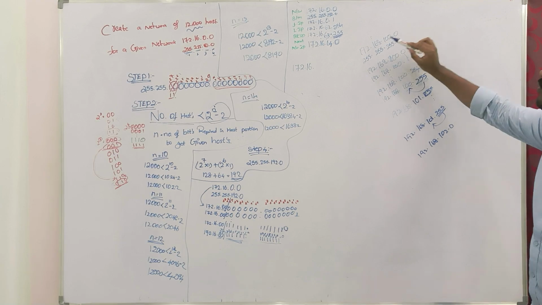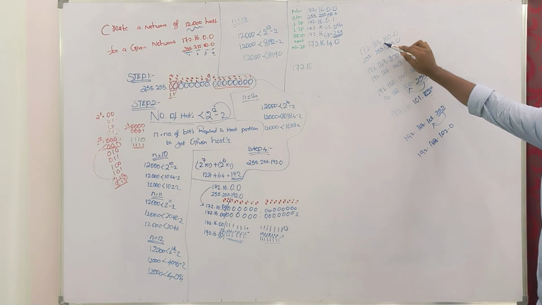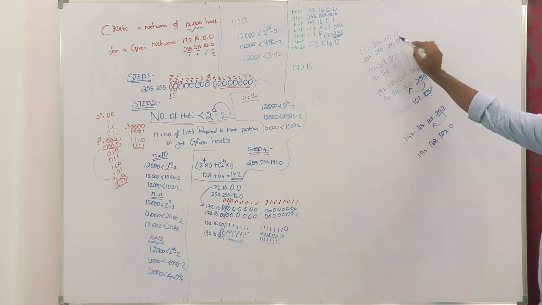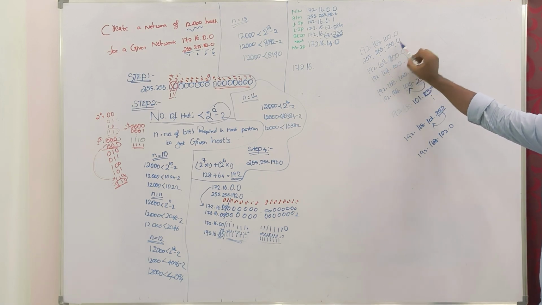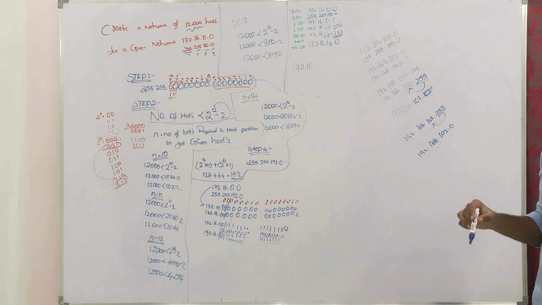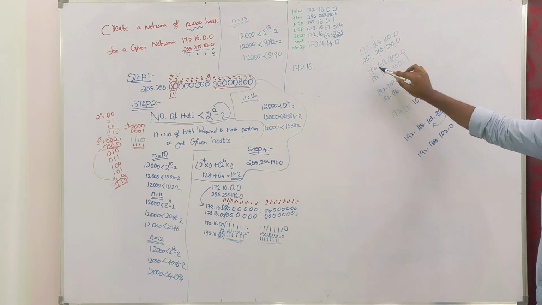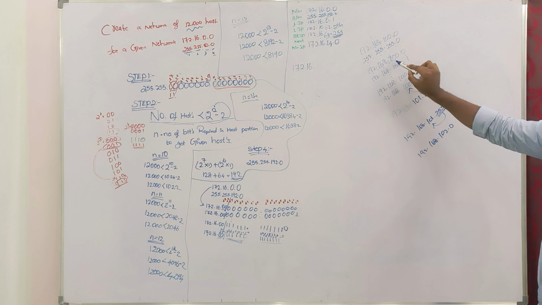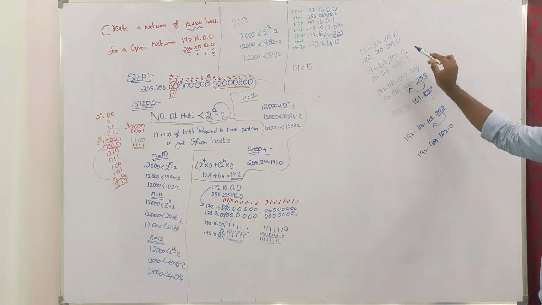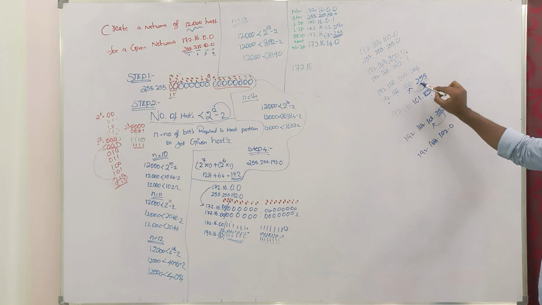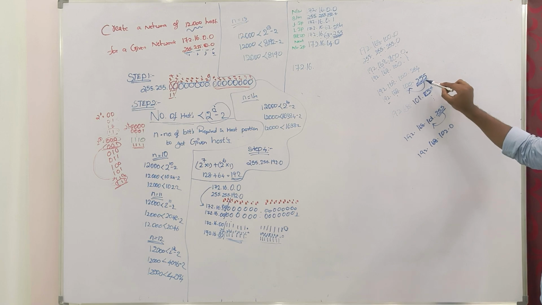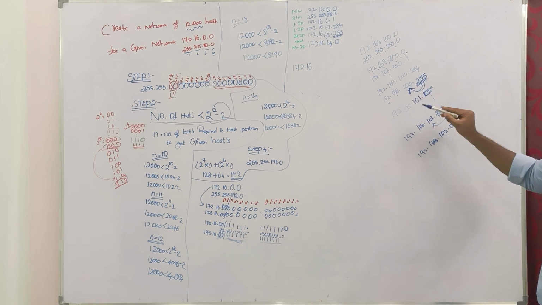We have the network 192.168.100.0, and our subnet mask is 255.255.255.0. We have the IP address range of 192.168.100.0, and it ends with 192.168.100.255. When you see your IP address range is over, you go to the next octet and increase that value,